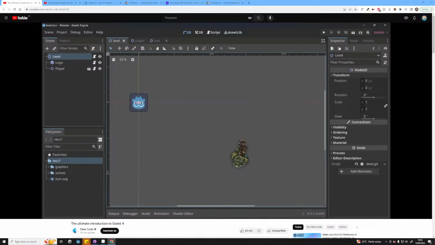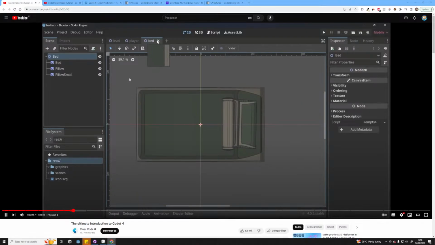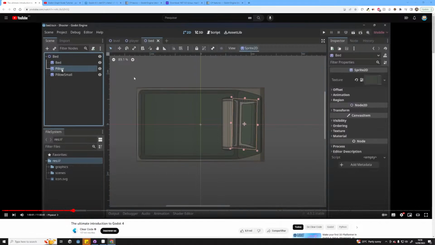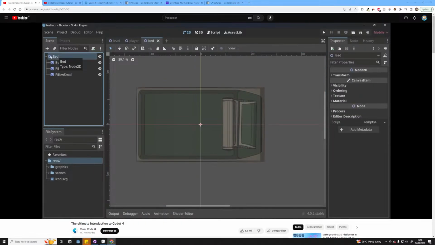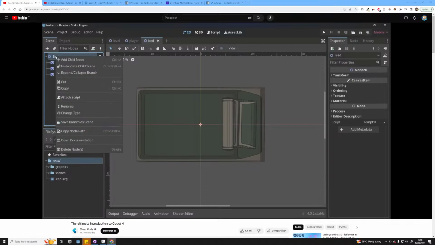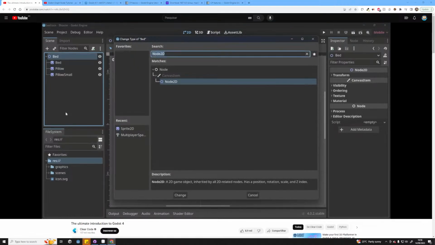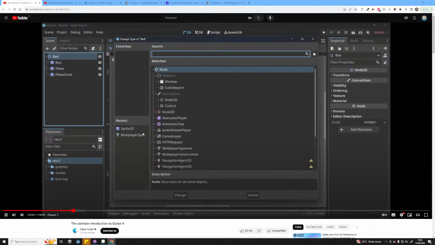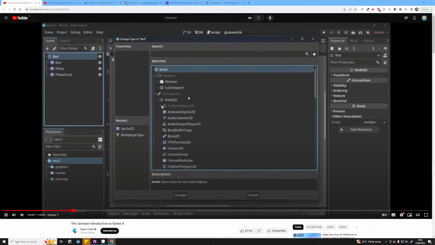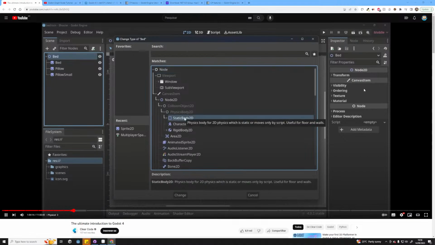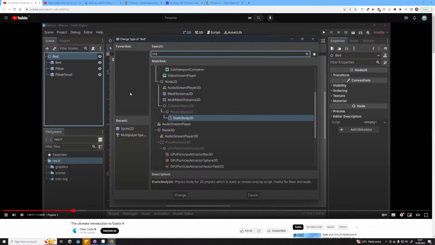And let's start with the easiest one. I want to update the bat. Because right now, we have a Node2D as the parent, and then we have 3 sprites attached. To update this, I want to change the parent node. So this Node2D, I want to turn into a StaticBody2D. For that, I have to right click on it, and there we have change type. Right now, we have a Node2D. This is not what I want. Instead, I want to go to Node2D, CollisionObject, and PhysicsBody2D, and there we have a StaticBody2D. Alternatively, you could also simply type in